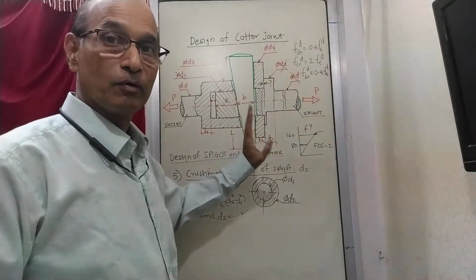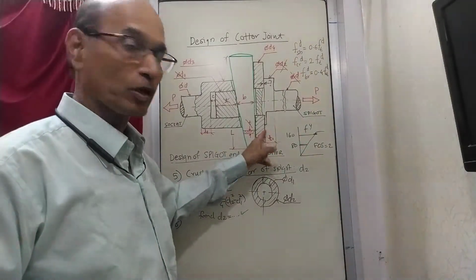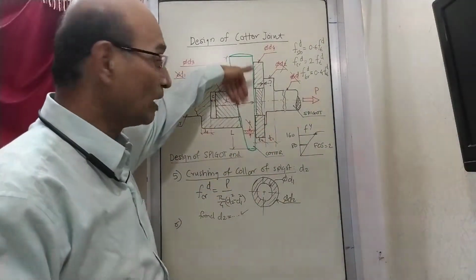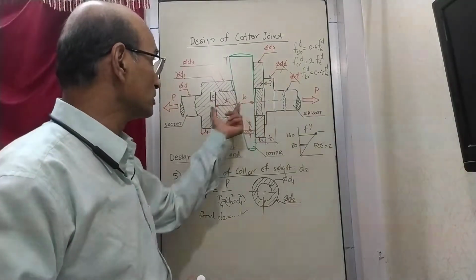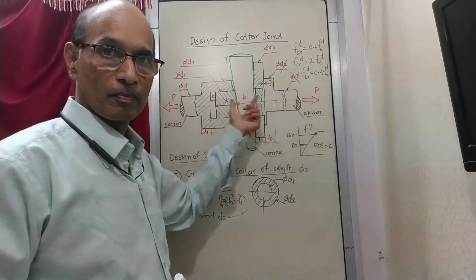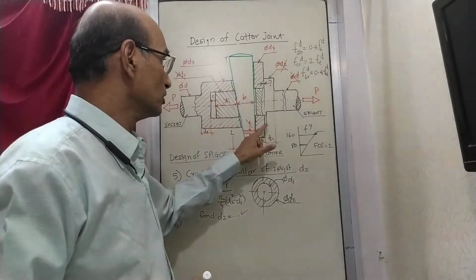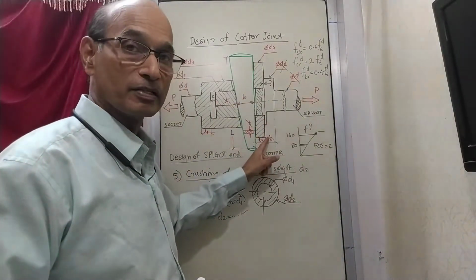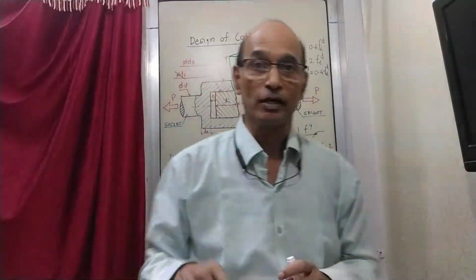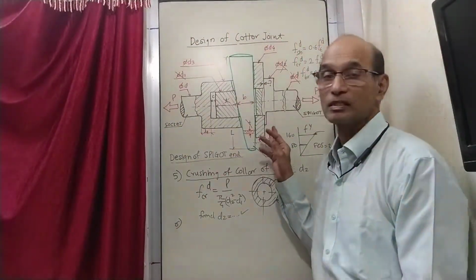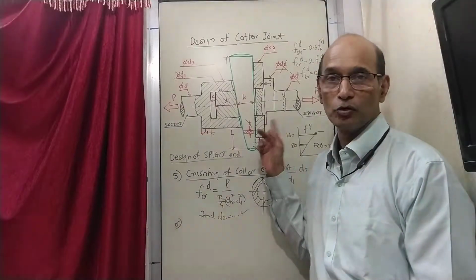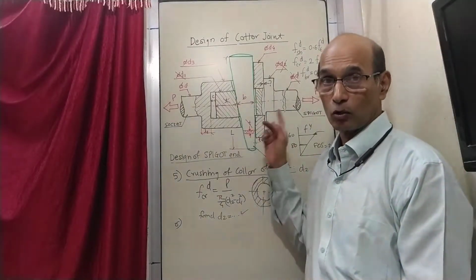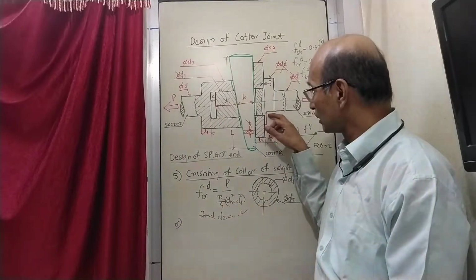But then why is this T1 required? If T1 is 0, is it okay? Suppose this is not there at all. Then what will happen? As you go on hammering, it will just become loose. So the collar is required, and the collar must have a certain thickness. So the very fact that T1 cannot be 0 means T1 needs some value. Now what is the role of this value? The role of this value is not to get cut off.